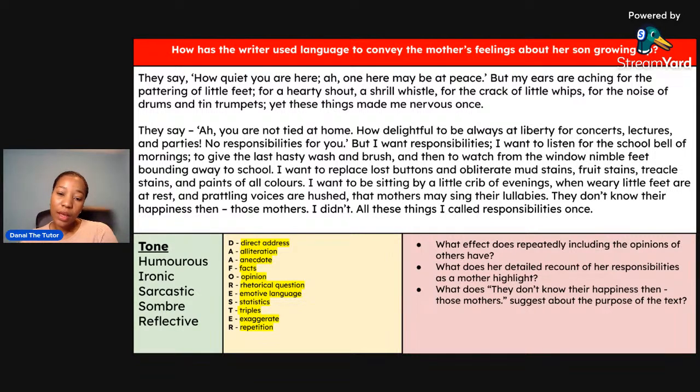When thinking about the repeated use of other people's opinions, what is that contrasted with? Okay, what is that contrasted with? Because that helps to think about why she's including that. What is it contrasted with? What comes after that? Immediately after she talks about what other people say, what does she follow that up with? So she follows it up with